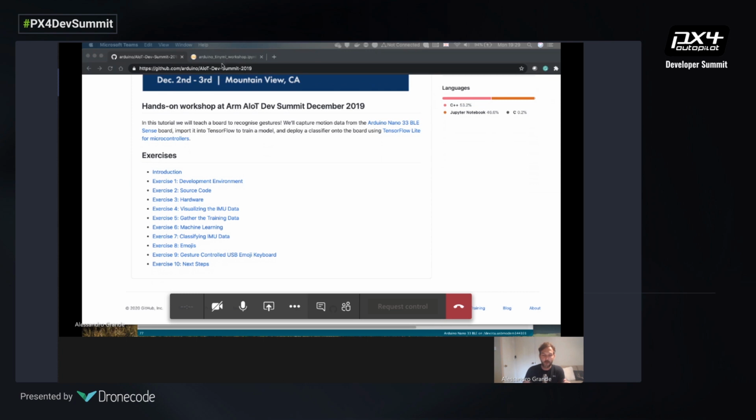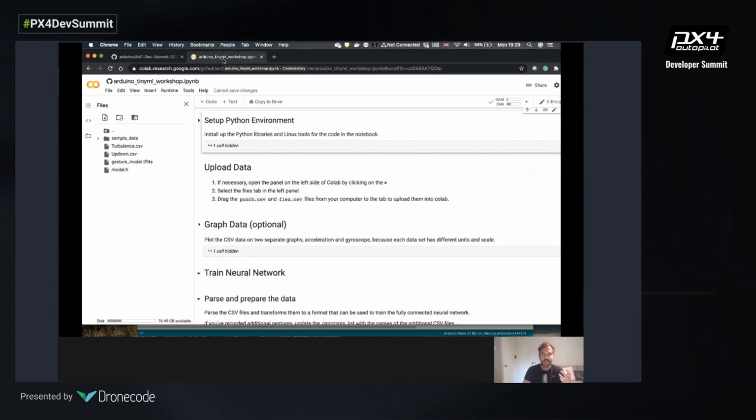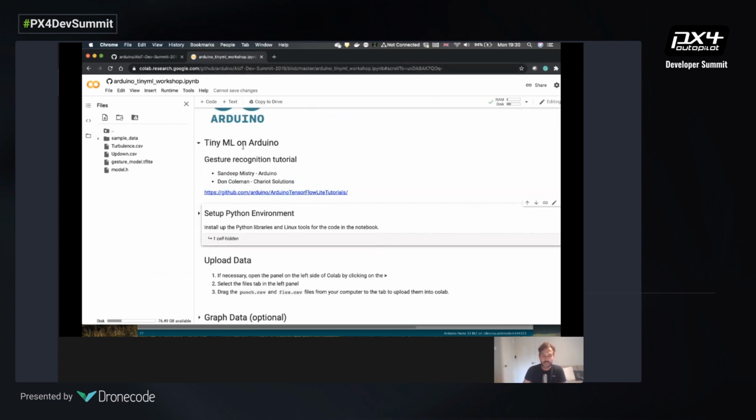Something that people working in ML are quite familiar with is Jupyter Notebook. This is a tool that allows you to train your model and optimize it on the cloud directly without having to build it on your local hardware. Google has created the Colab that Arduino is using in this example.